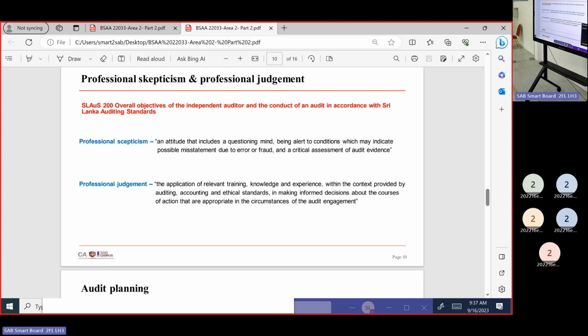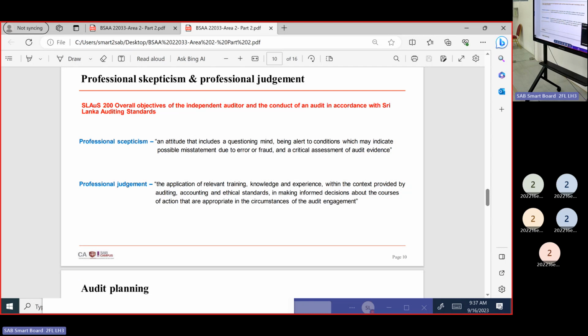So the economic useful lifetime is the lifetime given by the manufacturer for the whole purpose. That's the standard. Then once you are designing and using these things, you have to take judgment. As auditors, we have to take professional judgments, practicing them with the experience, knowledge and skill you have. Industry-specific skill may lead to proper professional judgment, and that professional judgment may lead to a proper outcome.